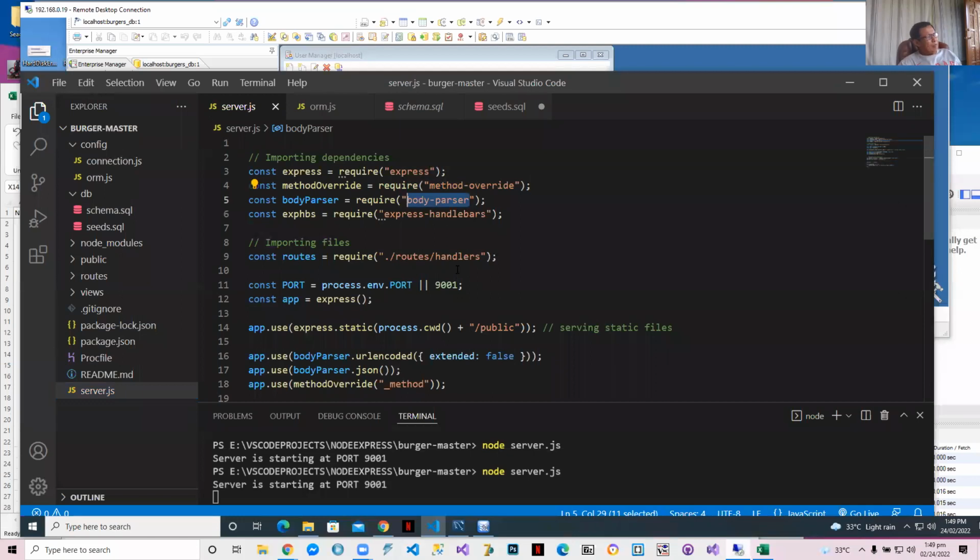Body parser is actually a module which allows Express to parse the body of your views or your HTML, and then pass the parameters, okay, from one route to another, no? Without using Ajax. This is a scaffolded Ajax. Do you follow? It will do the sending. You don't even have to use Ajax in jQuery, no? And then we have